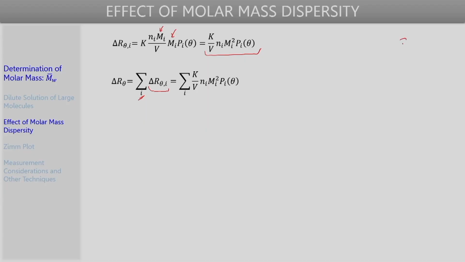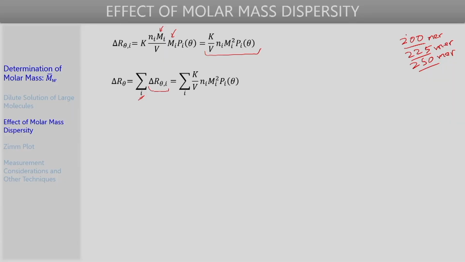Let us say we have a polymer solution which contains different lengths of chains. So we have chains having lengths of 200 repeat units, let us call them 200 mer. We have 225 mers also. This we are just considering as an illustrative example. Let us say we have 250 mers also. So these three are the different chain lengths that are present in our polymer solution.